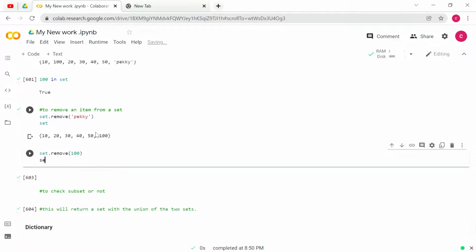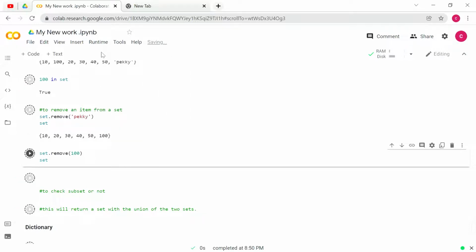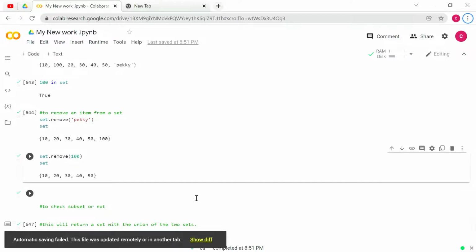Enter it, then give Runtime, Run all, and check the result. Now we can see 100 has been removed from the set we have created.